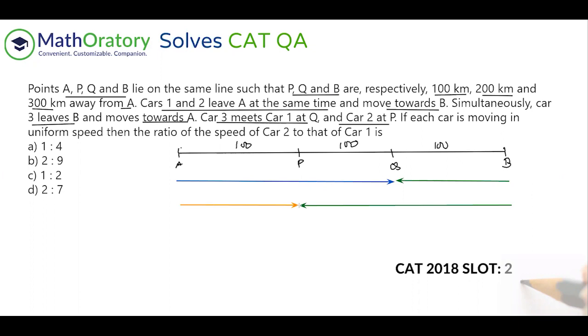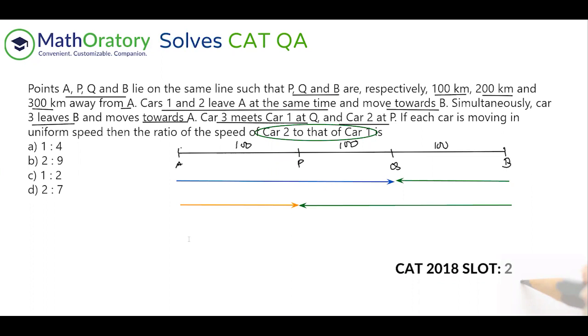So let us relate that. Also, let's keep a focus on whatever we are looking for. The question asks for the ratio of the speed of car 2 to car 1. So that is the requirement here. You have to compare the speeds of car 2 to car 1. Obviously the basis point should be car 3 because that is how the relation is given. We know the distance covered by car 2 and car 3 in the same time, as well as car 1 and car 3 in the same time. So that is known to us. So let us quickly relate that.